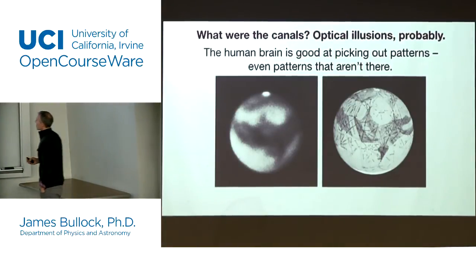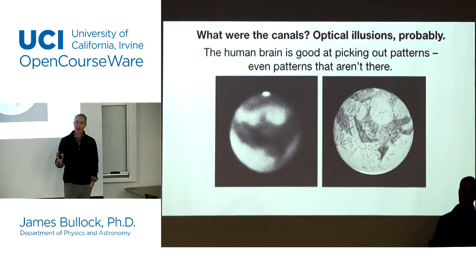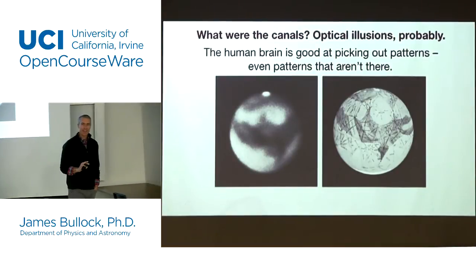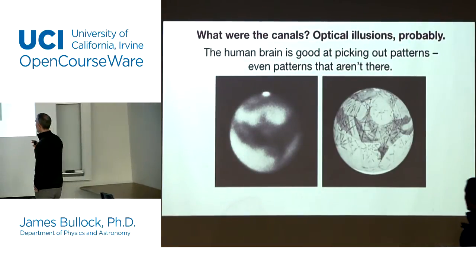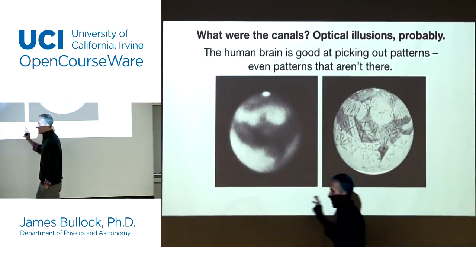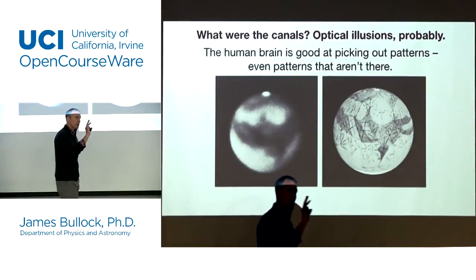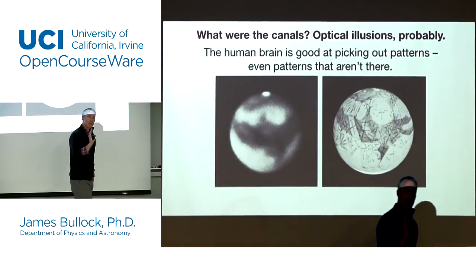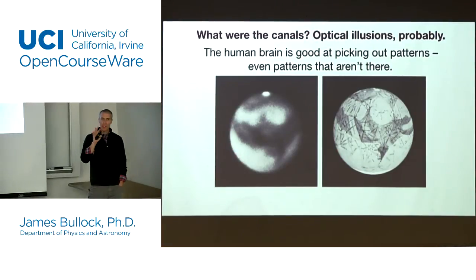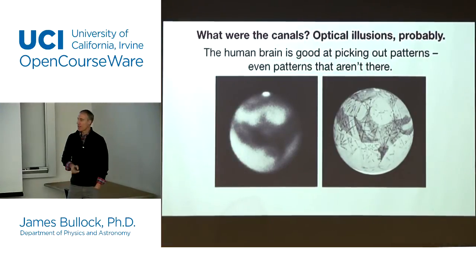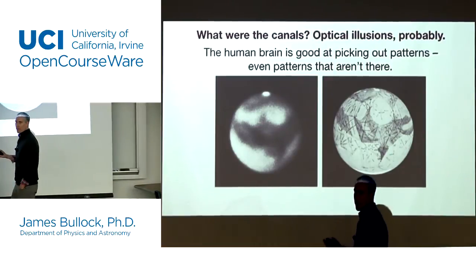What were these canals? People don't know, okay? People have thought a lot about what it was that Lowell was seeing on the surface of Mars when he was drawing these maps, because he was very convinced that the canals were there. One thing that he did talk about was how the canals would be there and then they would go away. So he had this idea that maybe they would recede at different times of year and be rebuilt. So it wasn't quite clear to him that they were perfectly stable. So it could be that they were basically optical illusions.